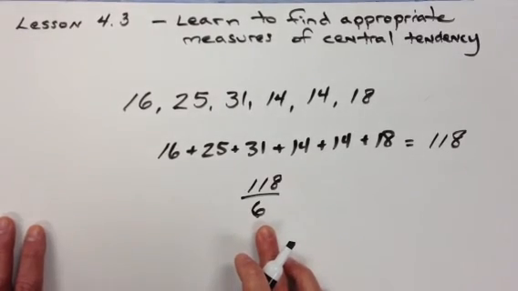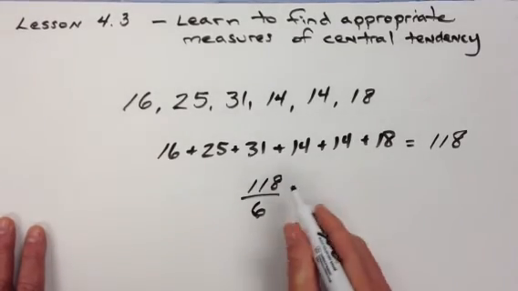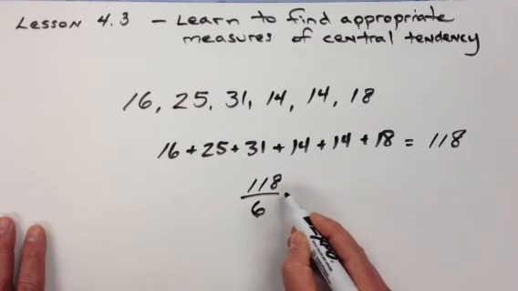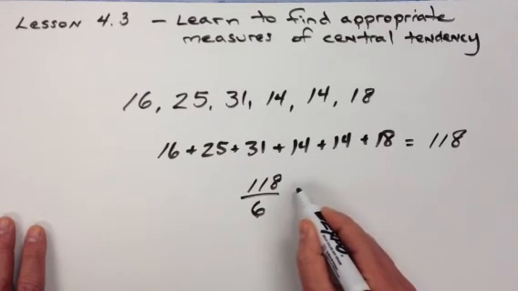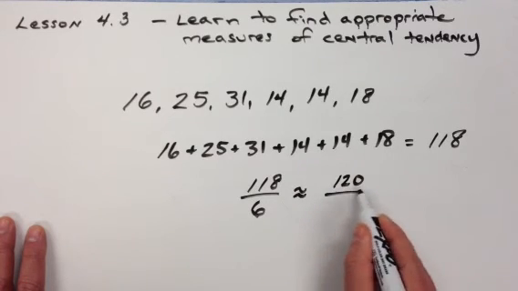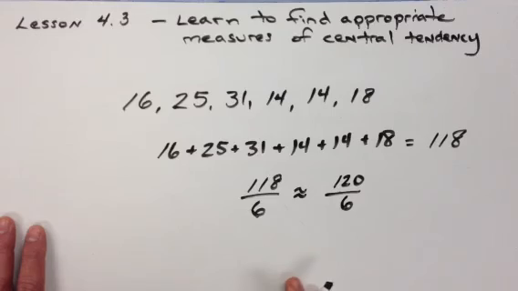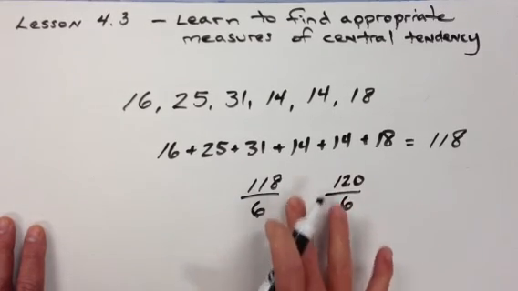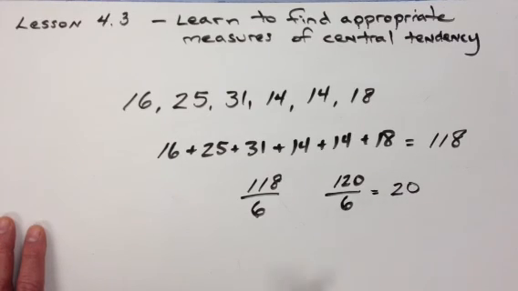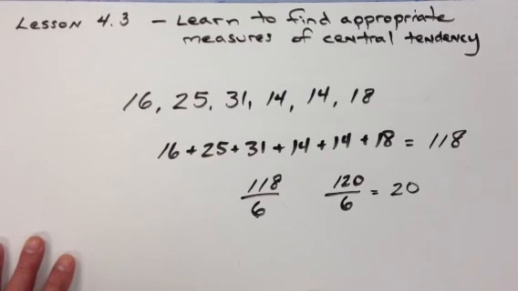The book asks you to estimate, and when we're going to estimate this, one of the things I would do is make this top number, the numerator, an easier number to work with. So I'm going to say it's about 120. 120 is an easy number when dividing by 6. So 120 divided by 6 ends up being 20 pieces of candy that each kid would get. Okay, if you were able to